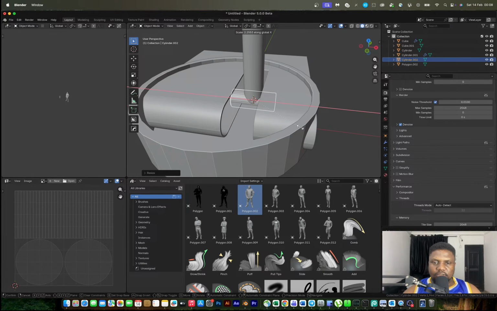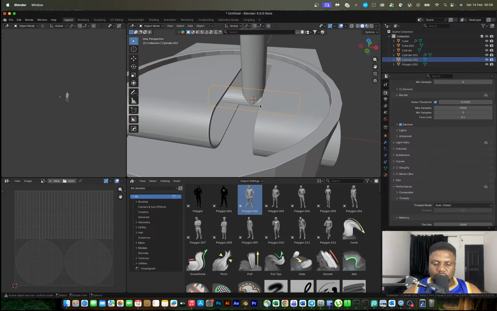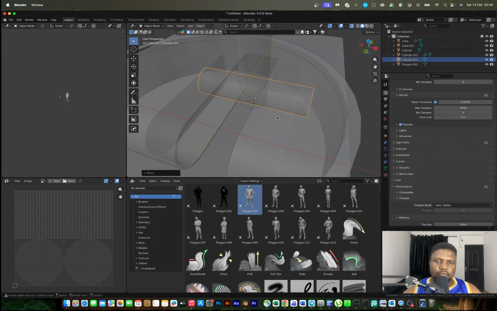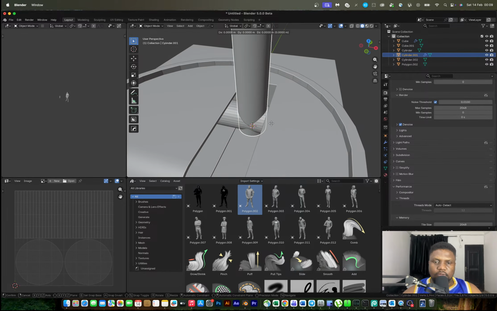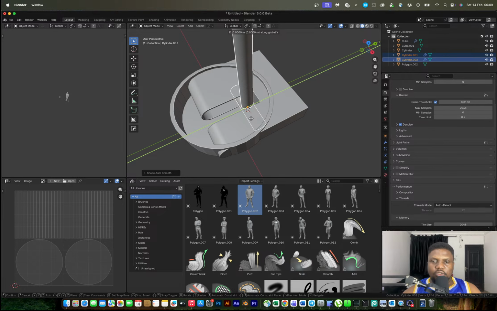And SX. GZ. So I can S Shift Z, bring this up to the surface, and right here I can shade smooth and